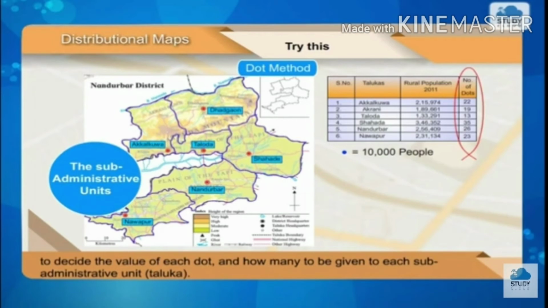Let us draw a map. Try this. Trace the outline map of Nandurbar. Draw it on a piece of paper with the help of tracing paper along with its talukas and district boundaries. See the population table given along the map. On the basis of this statistical data, decide the values and the dots considering the highest and the lowest value